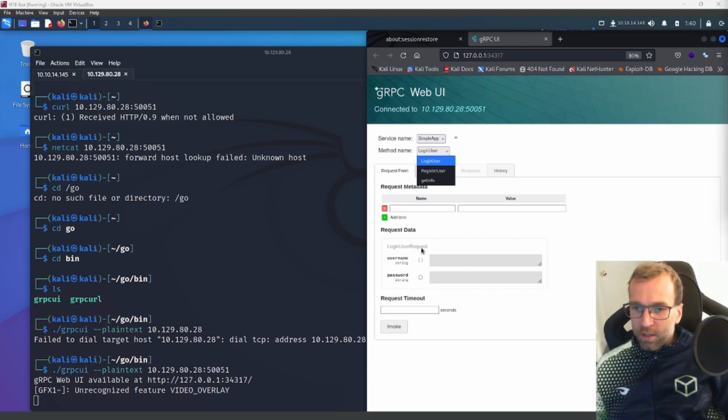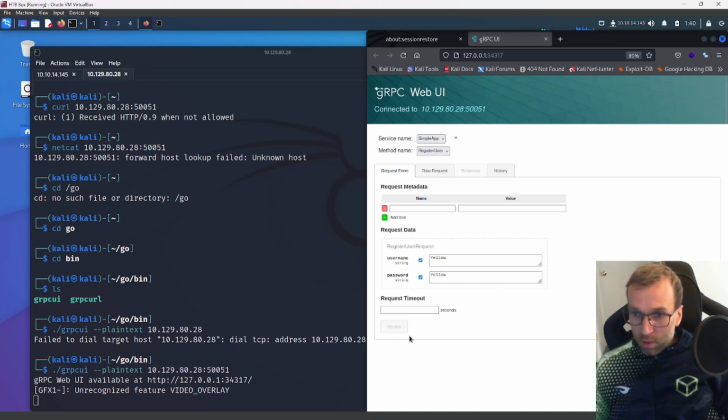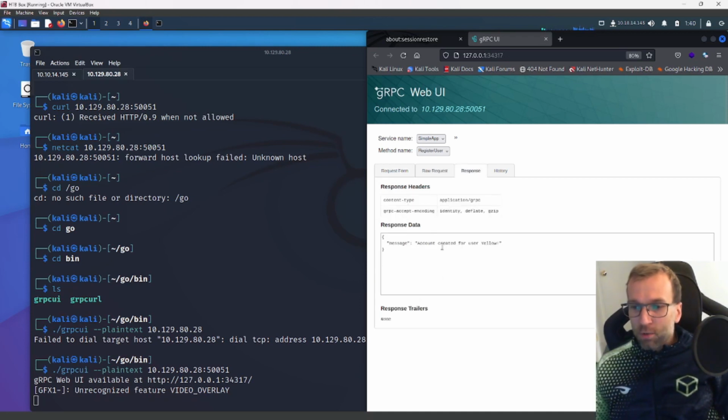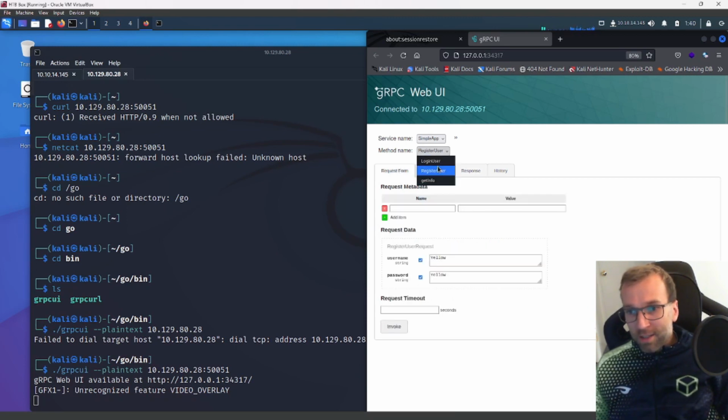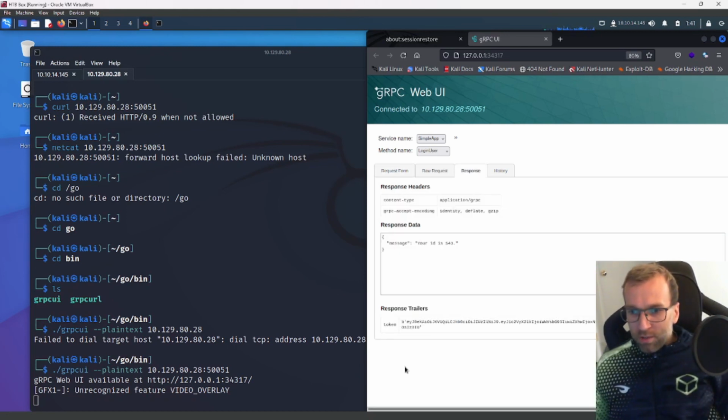Let's do this together. First thing we're going to do is register a user. We're going to enable the strings. I'm going to name the user yellow. We'll hit invoke, and we'll immediately get this. Congrats, an account's been created. Okay, let's log in with user yellow. Again, enable the strings, pass the command username yellow, password yellow, we'll invoke,